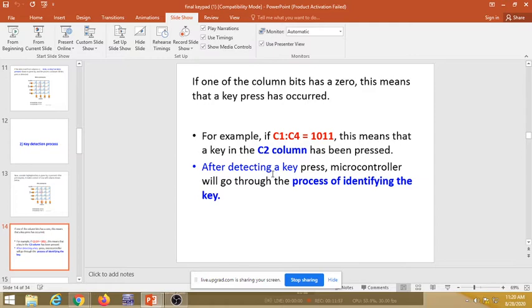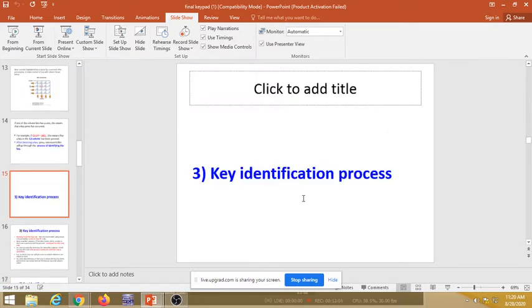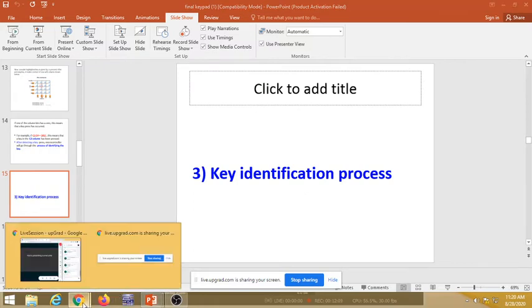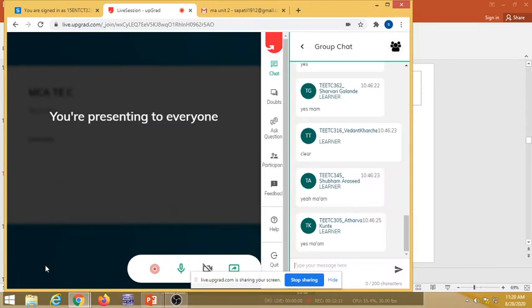Once this detection part is over, the next process starts. That is the third task, the identification of the key. All of you agree for the second task? Key detection. Okay, good.